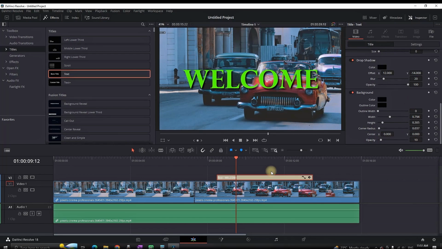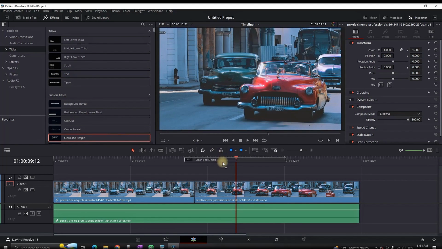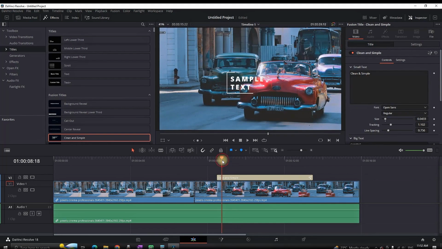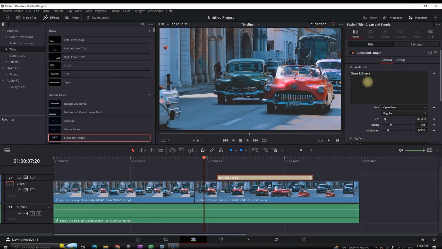Now I'm going to delete this text, and we're gonna add some preset text that DaVinci Resolve has built in. We're going down in the same title panel and we're gonna pick this Clean and Simple. When I play it through, you can see that there's some animation on this text. It is not steady. But first, let's go to the inspector and change the text that we want to be